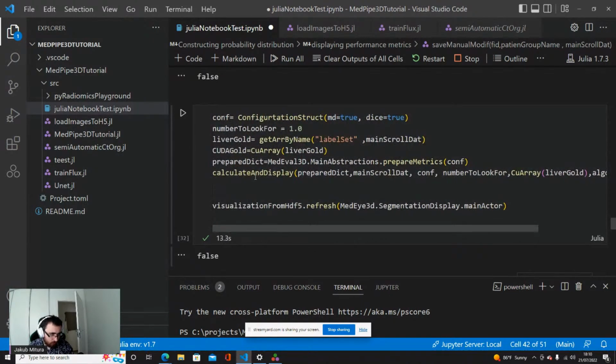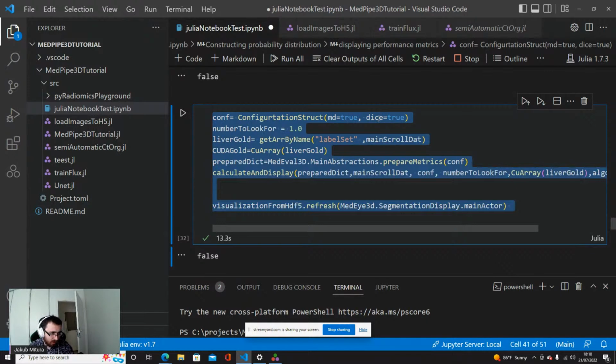We can get a lot of different metrics. This is defined in the package documentation, what metrics exactly can be called. Here I decided to get two metrics in the configuration struct: Mahalanobis distance and Dice score. Dice is very classical.